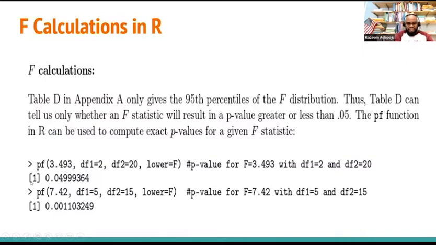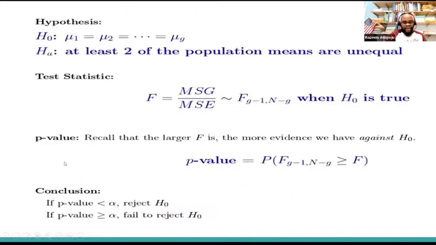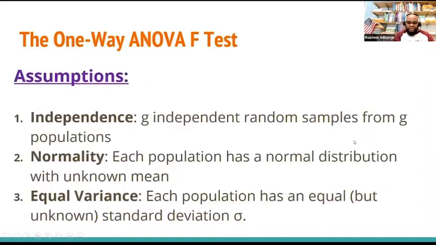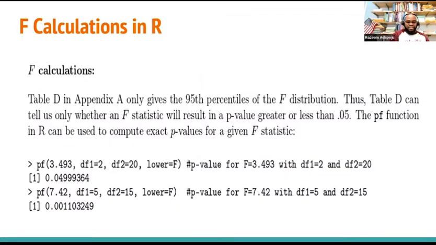Take a look at this. Let's say, for instance, my F statistic value is 3.493. I'm just assuming that maybe after computing this, maybe in the ANOVA table, maybe after getting all the way here. Okay, how do I get a p-value associated with that? Now to get a p-value associated with that using the R code, if I'm assuming that